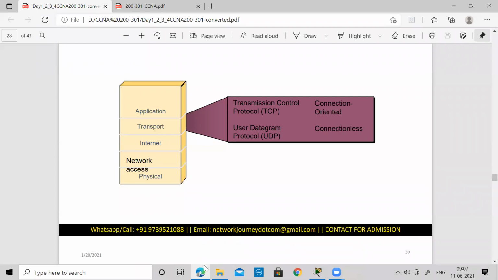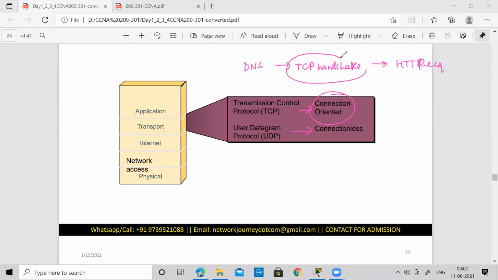When I'm talking about TCP/IP, there is a term mentioned in front of it: connection oriented. And this one is saying that it is connectionless. Now, what do we understand from these two terms, connection oriented and connectionless? Yesterday, when we were trying to access a website on the web server, we saw that there was an approach: first get to the DNS server to resolve the name, then do the TCP handshake process, the three-way handshake, and then came the HTTP request and reply.